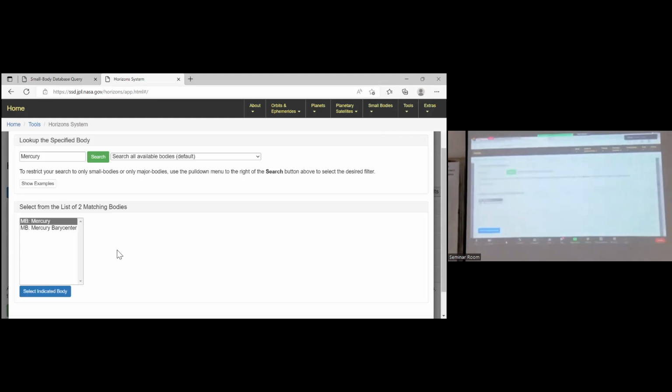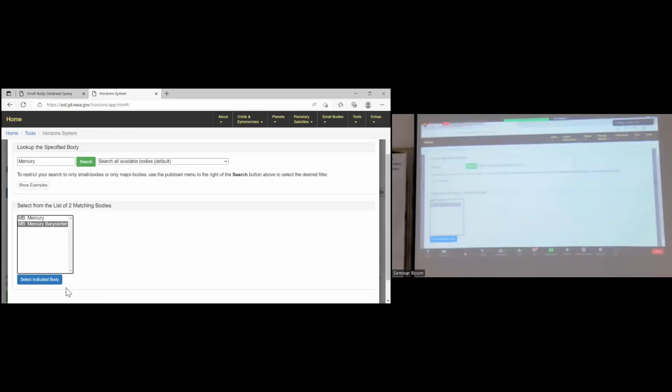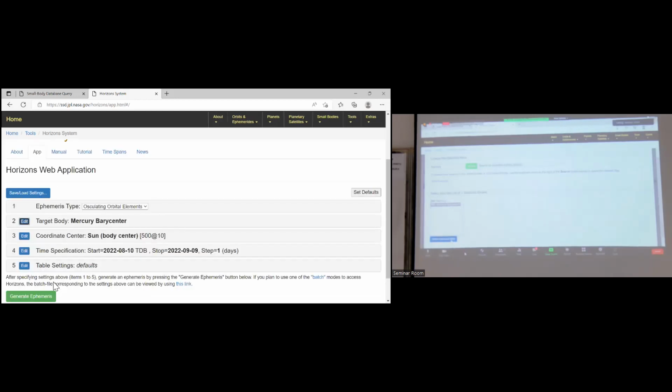Okay? Barycenter. Select indicated body at the bottom. Now target body Mercury. Coordinate center, Sun. Okay, that's okay. Sun as body center.